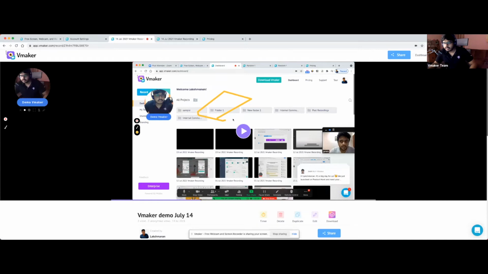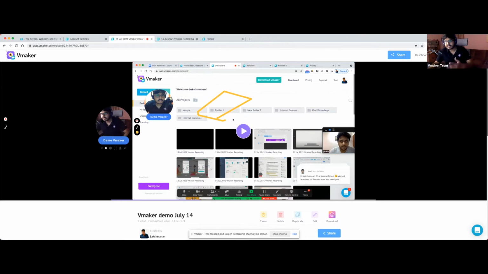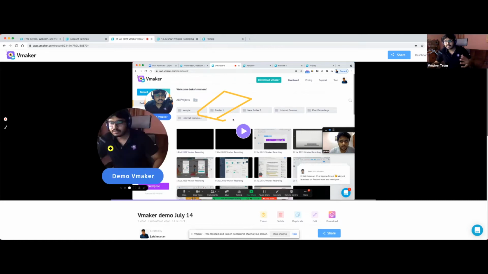Firstly, when you select a screen plus webcam option, you have the opportunity to just move around the bubble, the camera bubble. You can just move it anywhere you want. And you can also have the option to adjust the size. Like right now it is pretty small. And if you want, you can just click this. It just turns out pretty bigger, so that the impact is also pretty high. And then you have the complete expand option, wherein if you click it, just bust it out. I'm not going to do it because it'll occupy my entire screen. And it's a little scary, at least watching here.